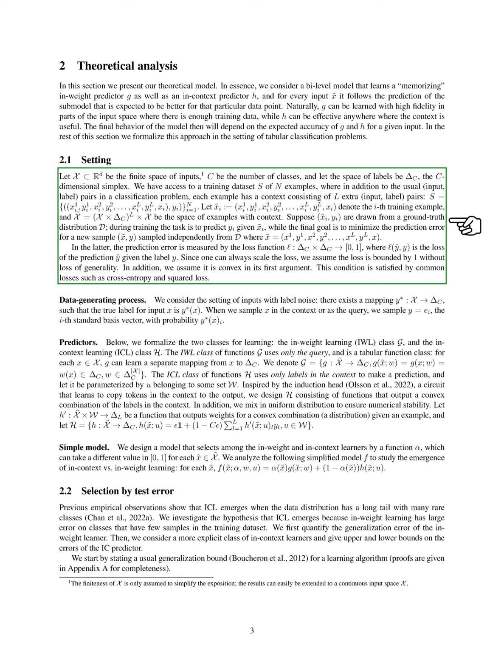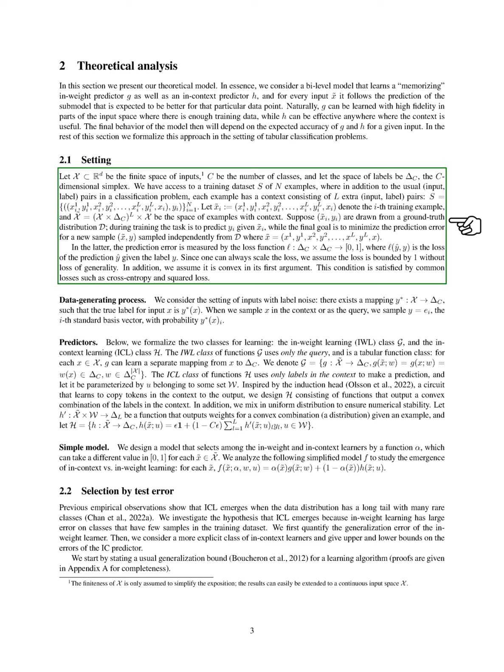We assume that these examples are drawn from a true distribution D, and our task during training is to predict the label given the context. Our ultimate goal is to minimize the prediction error for new samples drawn independently from D. We measure prediction error using a loss function that takes two labels and outputs a value between 0 and 1.